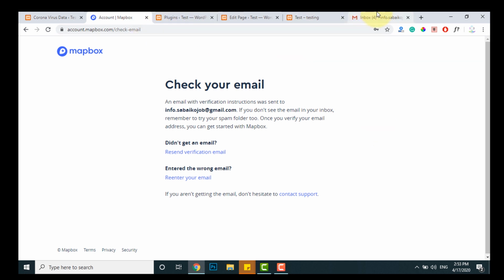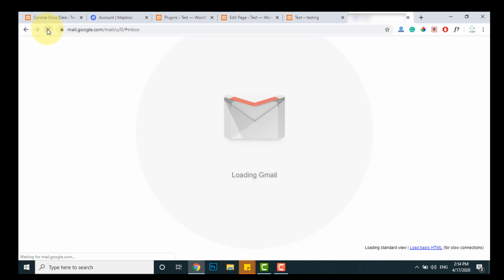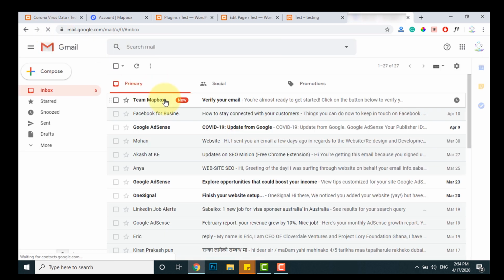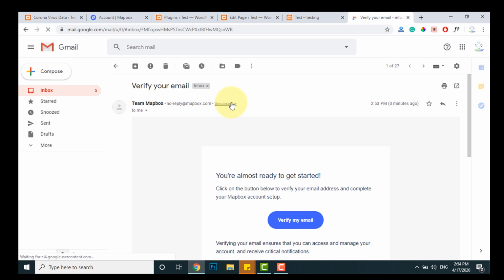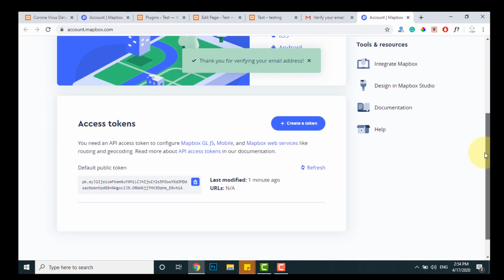So now we'll check the email. See, it says verify your email from Mapbox. So I'll verify the email. If I verify the email, I receive the token, the default public token.